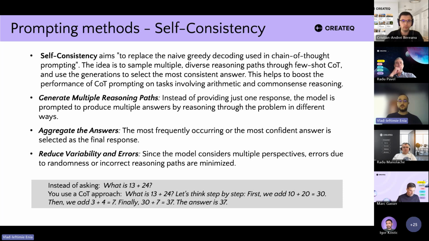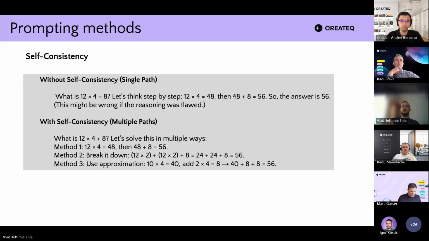So this is a bit more of a scientific approach, just like how we would do a science experiment. We repeat it several times and get multiple results, and then do an average, eliminate the outliers, and things like that. So this is an example where, with self-consistency, we have a single path for solving this math problem,